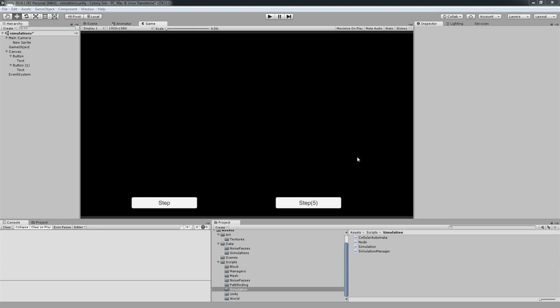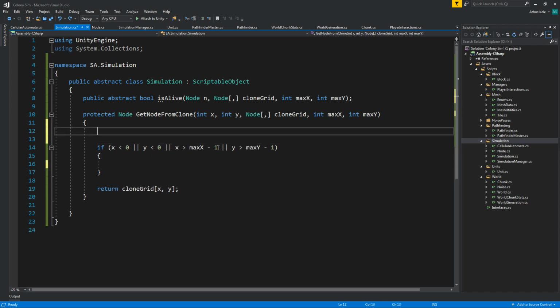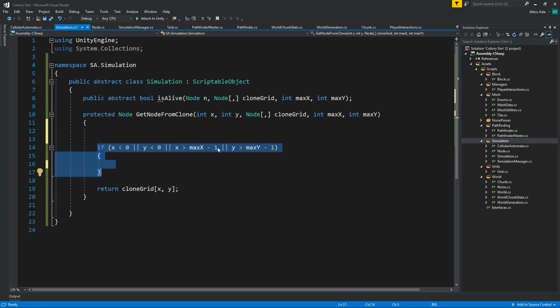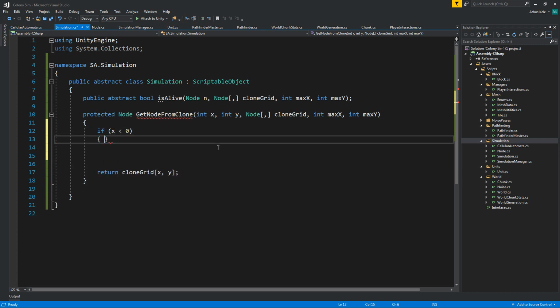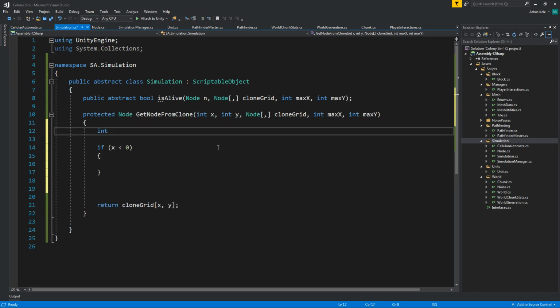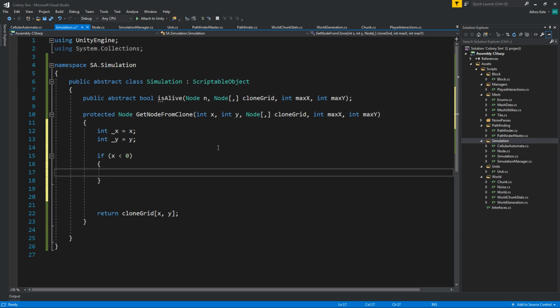So one more thing, wall generation. I actually want to change this, and I don't want to be returning a null. I want to be setting up, let's split this up. Or better yet, let's set a target x that will start as x, and a target y that will start as y, and if x is lower than 0, then the target x is going to be